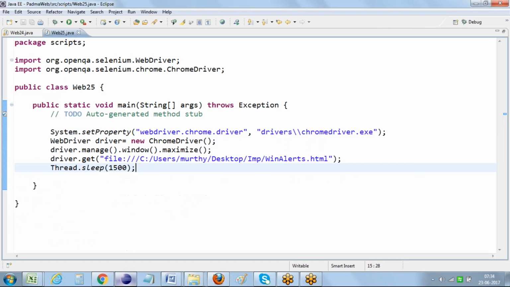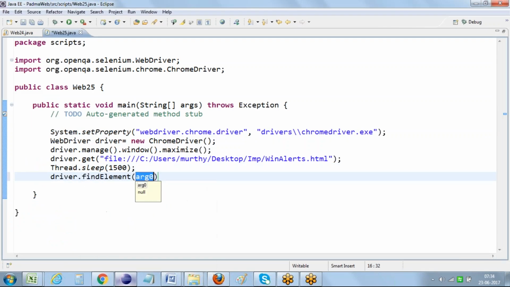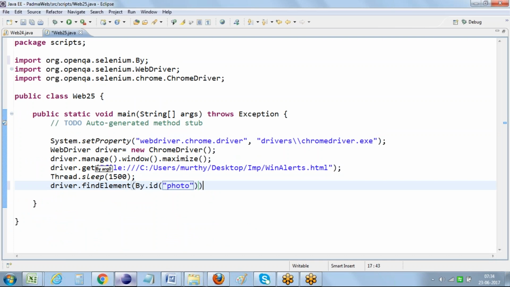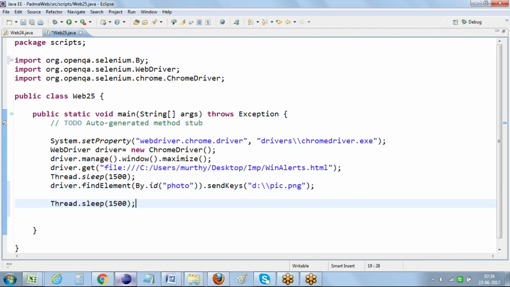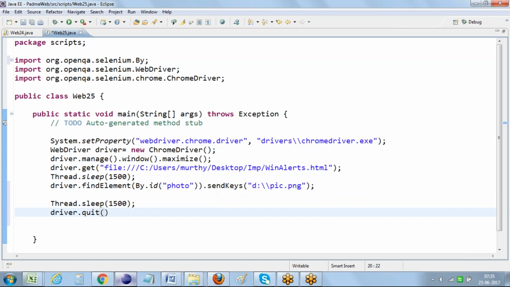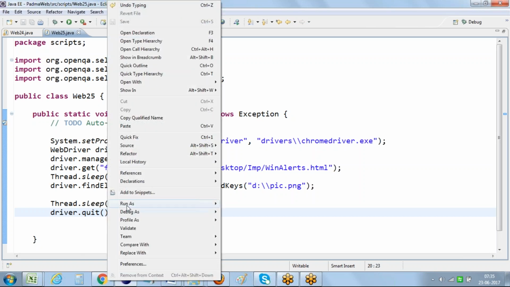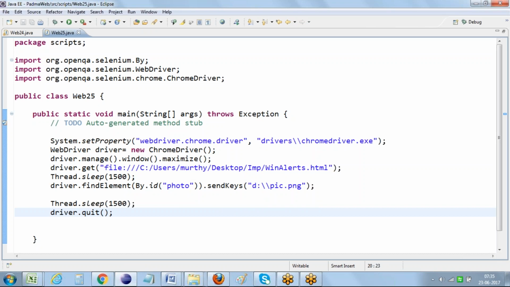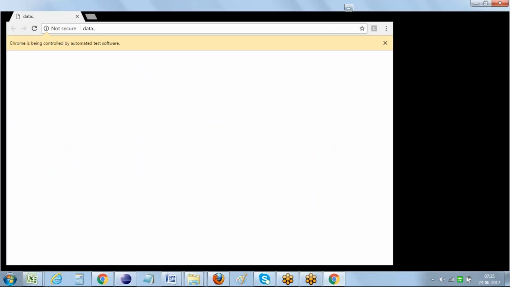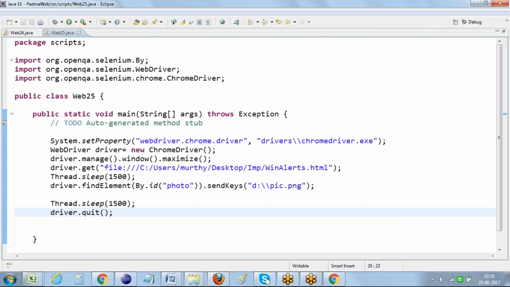It has an ID property, so I can use driver.findElement(By.id).sendKeys as D drive pic.png. I pass this, and at last I have given a quit command to terminate my browser instance. I just terminated this. That's it. So here when I run my test script as a Java application, it's getting executed. So here the problem is,